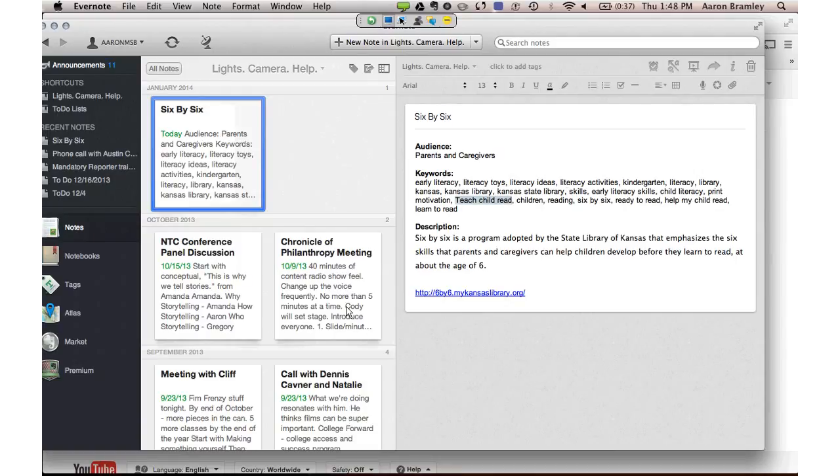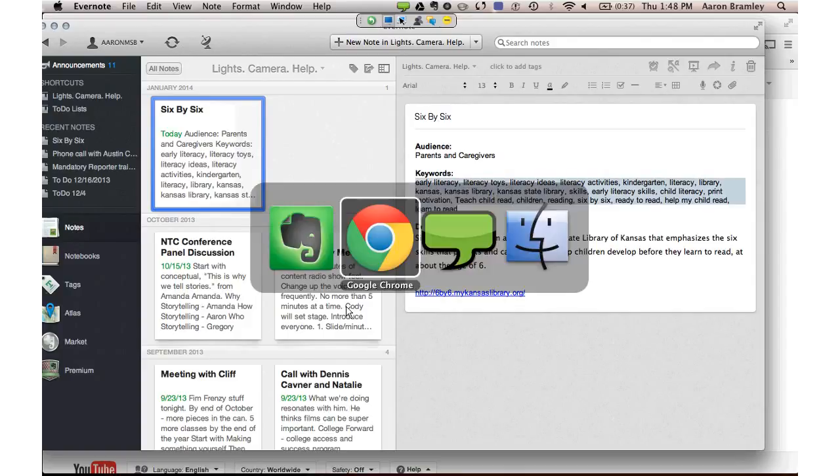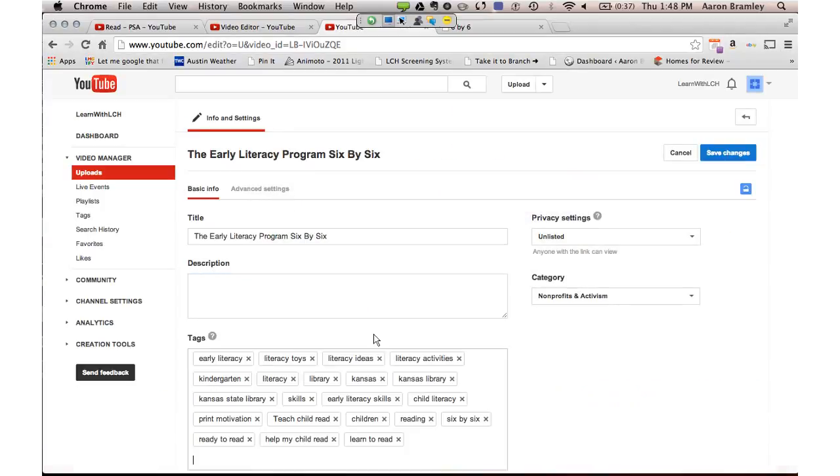And so I have teach child and read in there. We have the name of the program. We have ready to read, which is sort of a sub-name of the program. And then help my child read might be something that someone is searching for as well. So these are a bunch of great keywords that you go ahead and drop directly into the tag section. And you want to go ahead and separate them by commas,